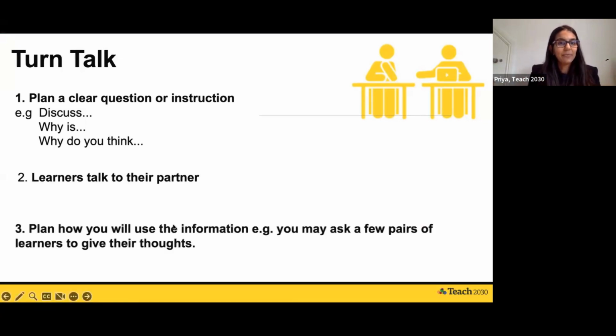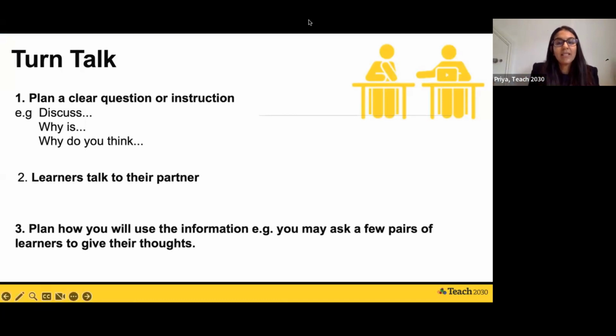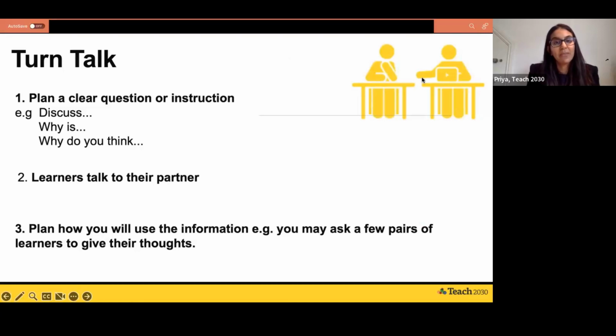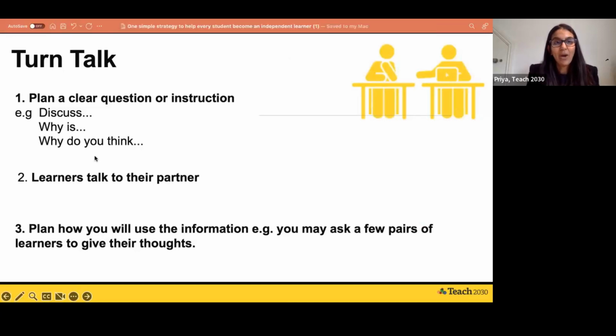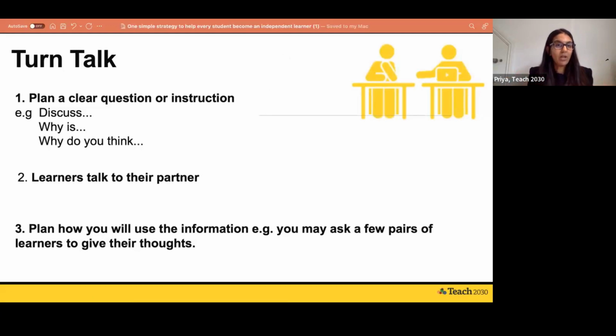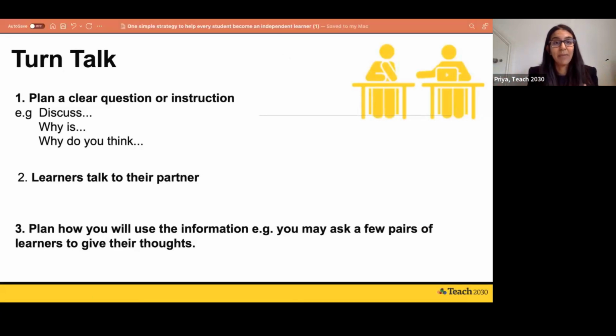And then finally, as a teacher, how would you plan to use this information? For instance, you can plan to use this information in your class. You might ask a few pairs of learners to give their thoughts about something that you're sharing too. Now, I'm assuming many of you might have used something similar to this, but you can even continue to use this and build this part of your lesson planning to build in more about how you can develop independent learners